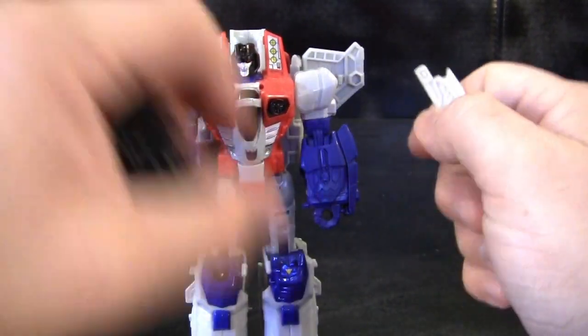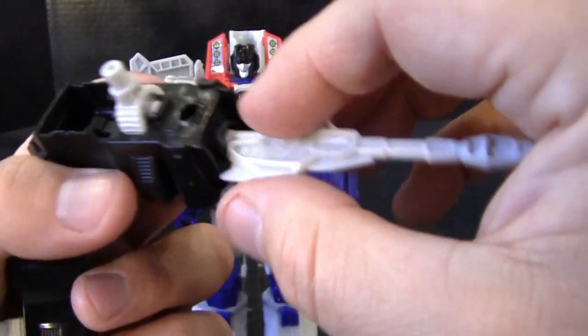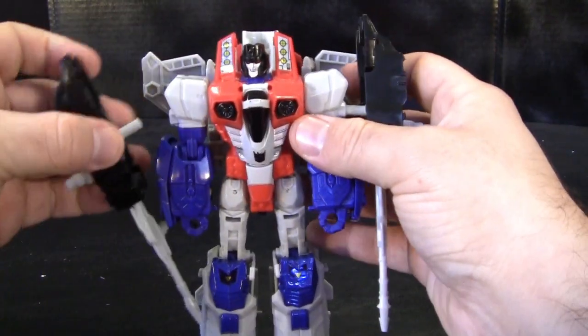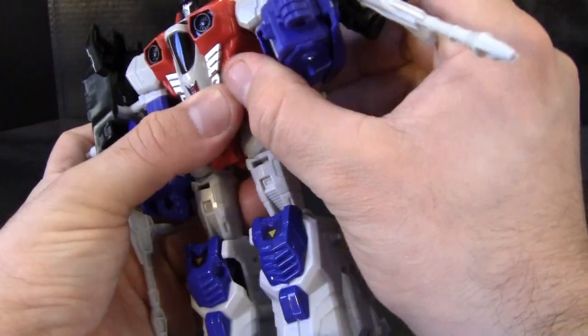his arms are just a little bit too big and they will want to pop this gun out. Thankfully, Hasbro did think of a solution for this, so you can actually put the little guns into the back of the feet, and put those on the side of his arms. That gives it just enough distance, and it makes his guns look even more big and impressive, so you could just...